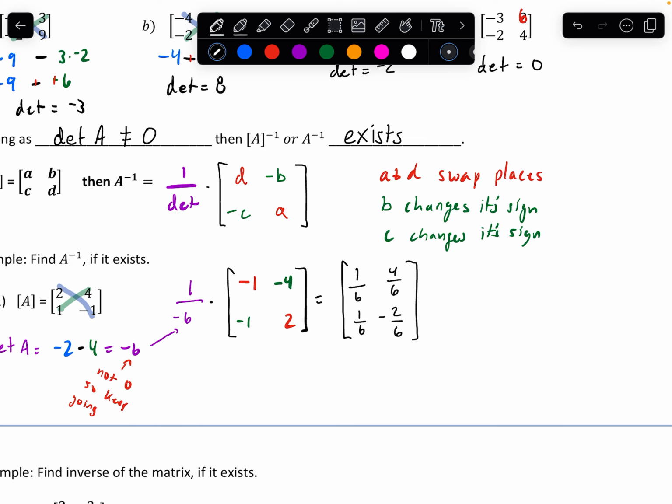And then you would reduce anything that's reducible. So 1/6 and 1/6 are not reducible, so let's leave those alone. 4/6 is equal to 2/3, and -2/6 is equal to -1/3. So there is the inverse of